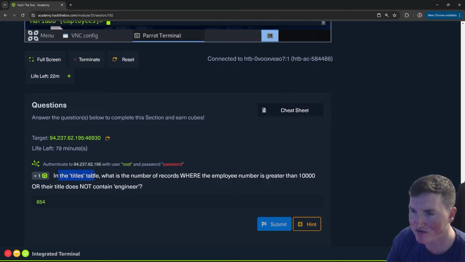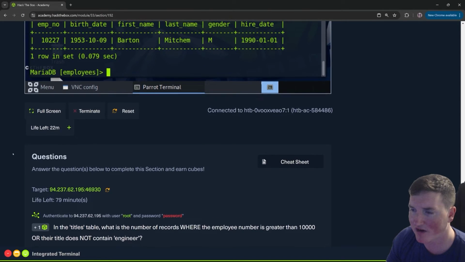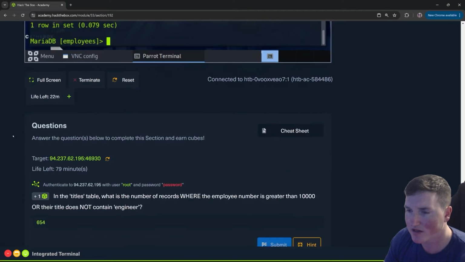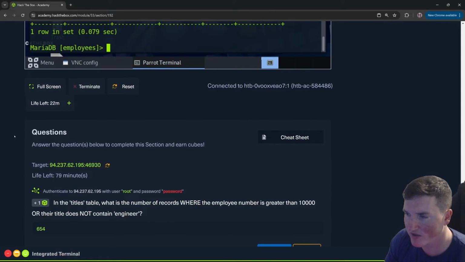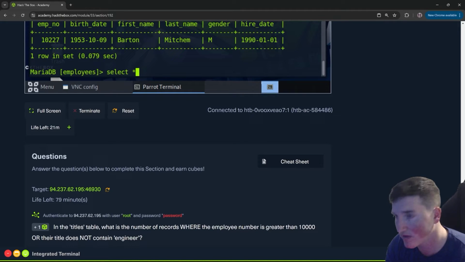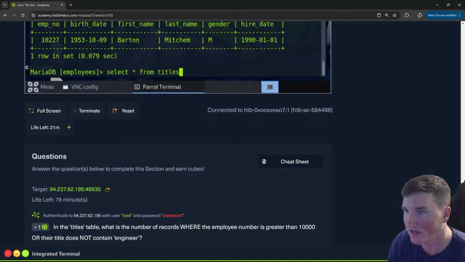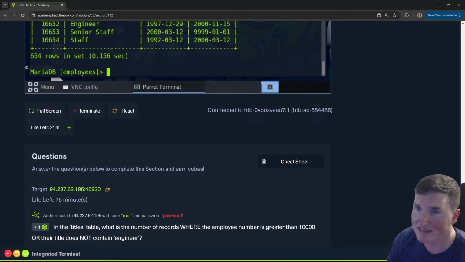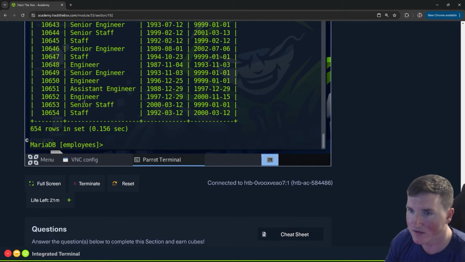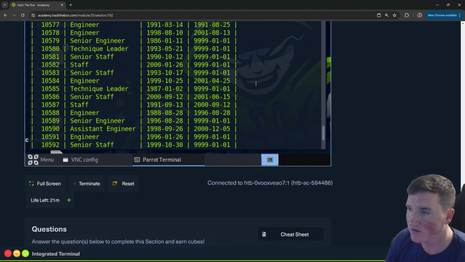And it says in the titles table, what is the number of records? So we know the name of the table, right? And it's what is the number of records where the employee number is greater than 10,000. First thing I'm going to do is the same thing I did before, which is select everything from titles. And the reason I'm doing that is because